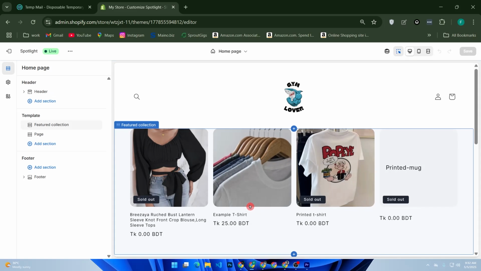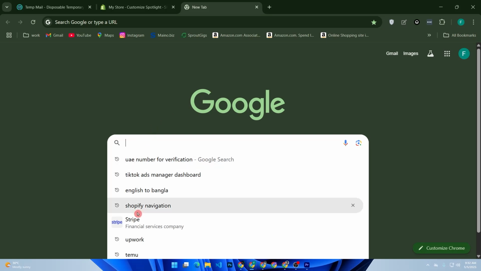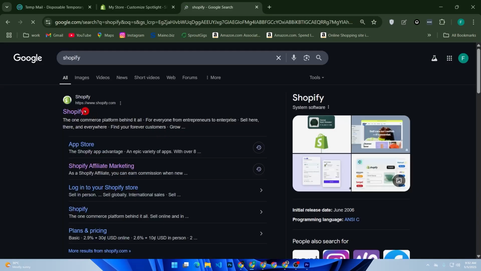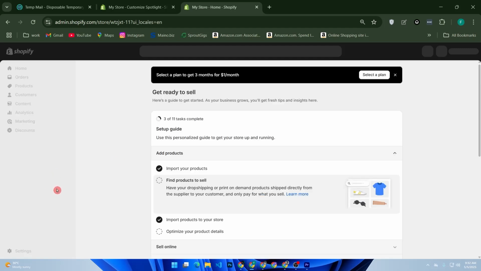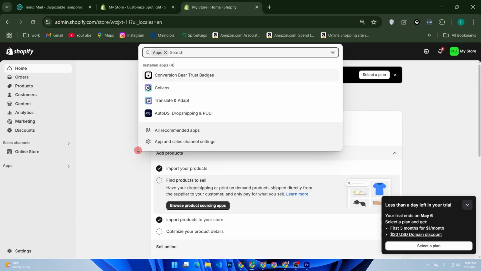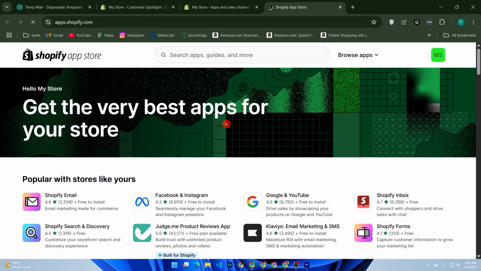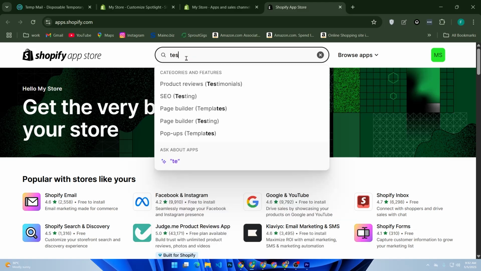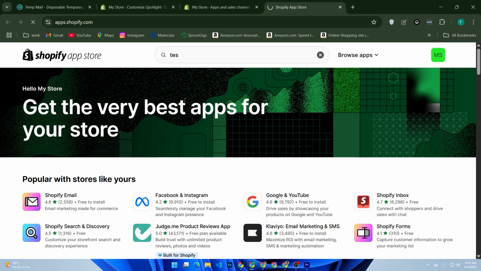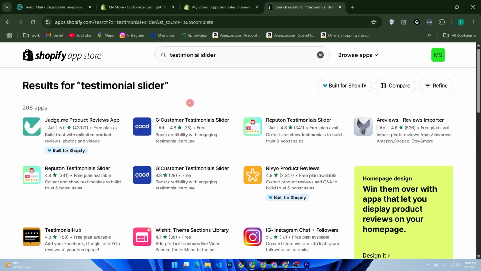Now we will use a free app to add a slider. Go to Shopify App Store from another tab, and search for testimonial slider. Some great options include